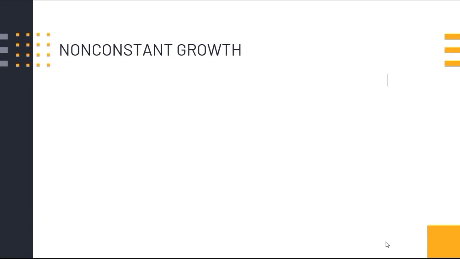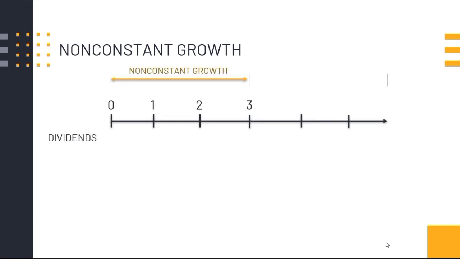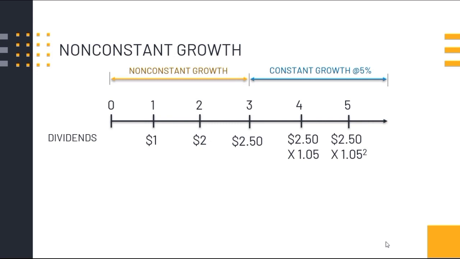So ang nagiging problema lang dito sa non-constant growth is kapag yung dividends are not zero for the first few years. For example, dun sa module, na-estimate mo yung dividend for the next 3 years. As a result, the first year's dividend should be $1, the second year should be $2, and the third year should be $2.50. After the third year, the dividend will grow at a constant rate of 5% per year. There is a required return of 10%. What is the value of the stock today?